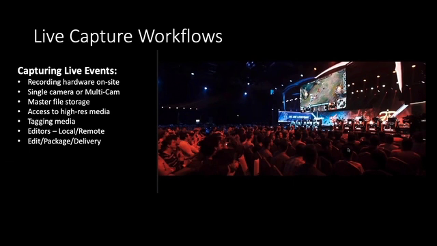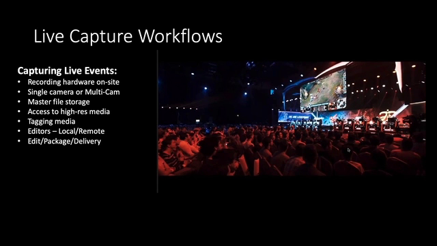First couple of slides, I want to talk about what's typically required when you're doing live footage, capturing live events. Typically there's hardware on site to capture from the cameras, from a switcher, line cut, multicam footage, and so on. That footage then has to be captured and stored somewhere, on master file storage like a SAN, high-speed storage. And typically you'd capture the high-res media for later use for editing.